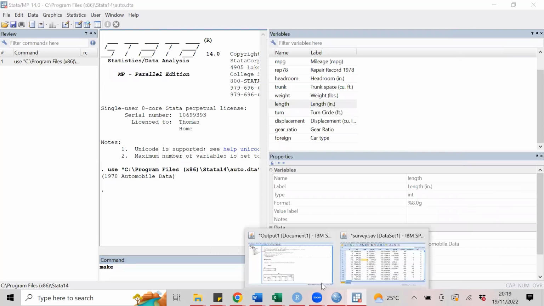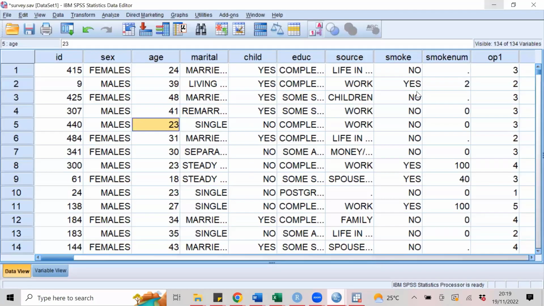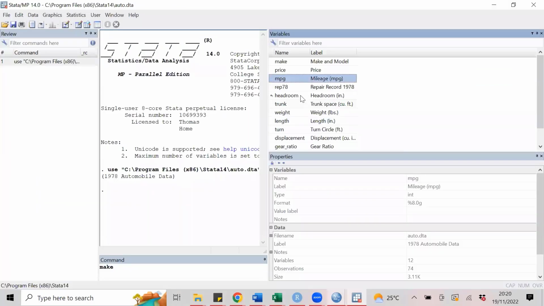So SPSS gives you the variables in a data matrix. For Stata, you get to see all the variables that you have. When you click on a variable, at the bottom here, it gives you information about that variable.